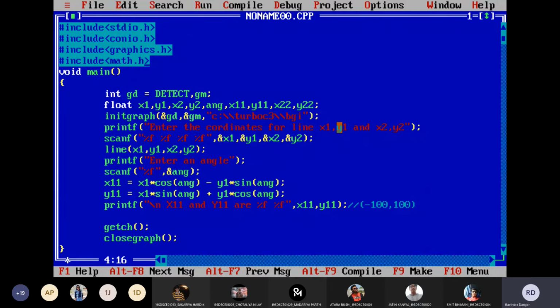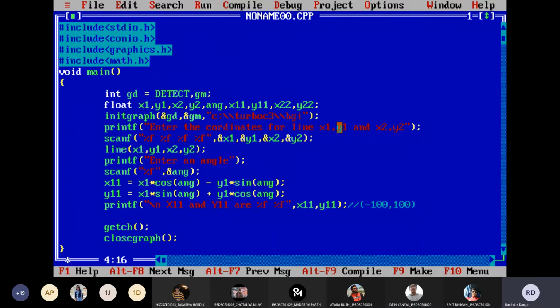I think in your 10th standard, I don't know whether you have covered it or not, but in 12th mathematics it is there. Once you are playing with angle, there could be two types of angle. Angle could be in radian and angle could be in degree also. Have you ever seen this concept? Whenever you are talking about angle, either your angle could be in degree or it could be in radian. If you are having a scientific calculator, then you can find that option. If you want sine 90 where 90 is degree, then you will get a different answer, and if you give sine 90 where 90 is radian, then you may get a different value.